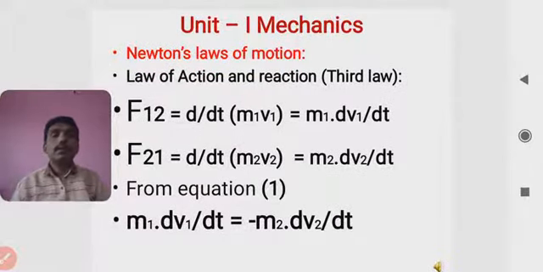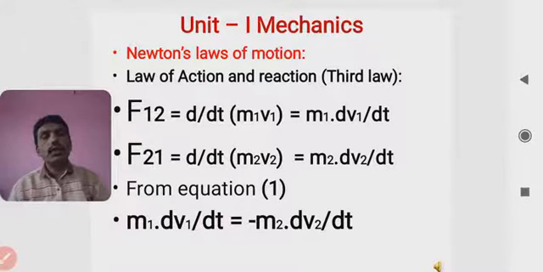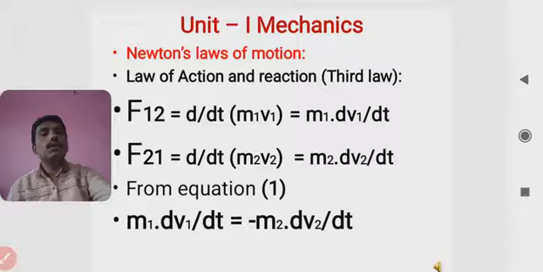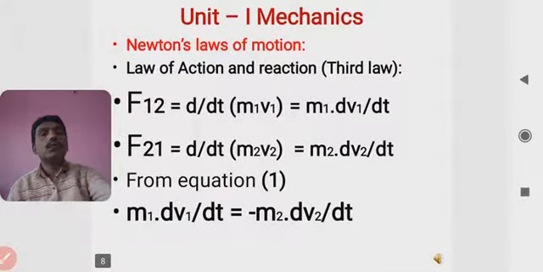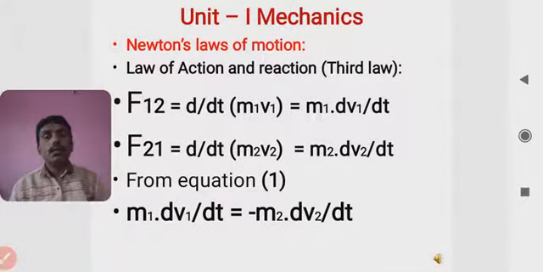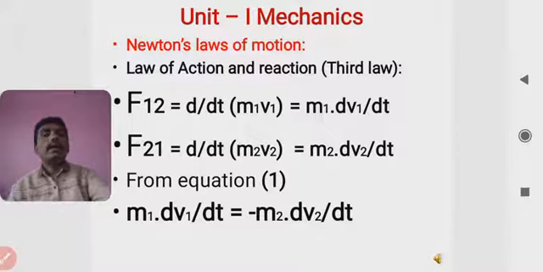Due to this relationship we are aware how Newton's second law of motion is the law of force. It is given with rate of change of momentum being directly proportional to whatever external force is there. And somehow we can write this f12 is nothing but d/dt